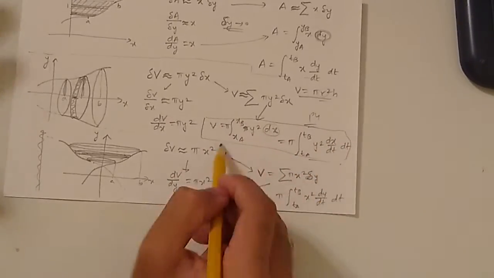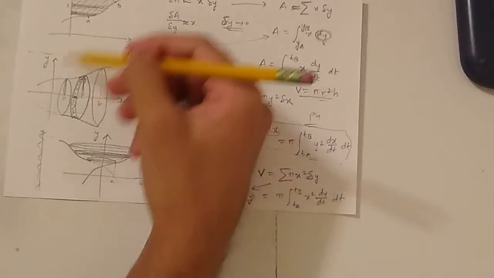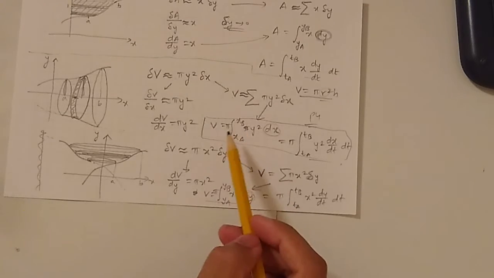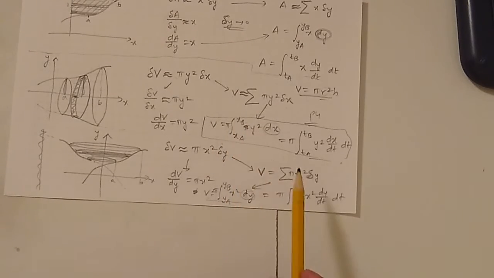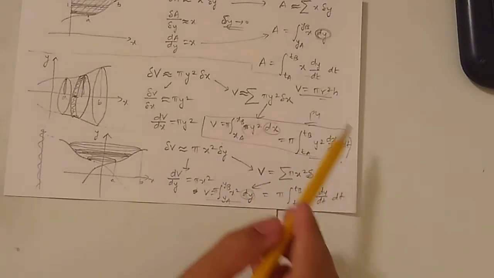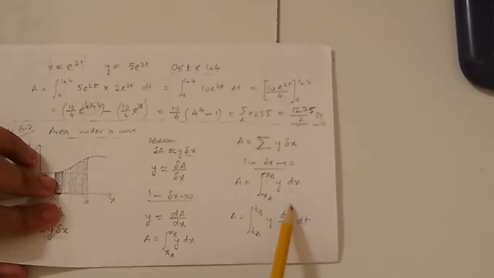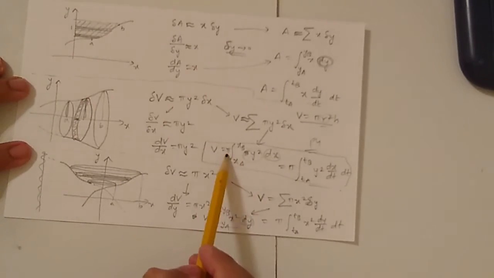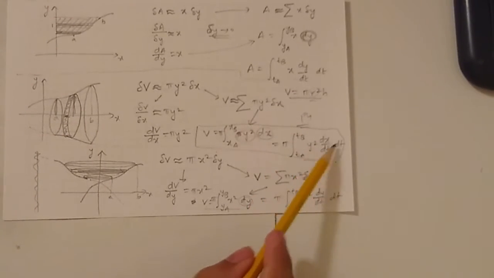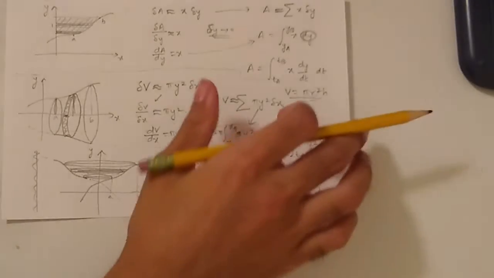If you have to find the volume of a revolution of 360 degrees around the x-axis, in that case v equals pi into the integral from xa till xb of y squared with respect to x. It is y squared. For areas you simply had y. For volume you need pi and y squared as well. The parametric version is pi into the integral from ta till tb of y squared into dx by dt with respect to t.